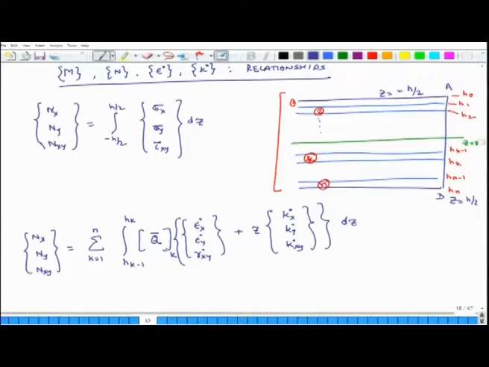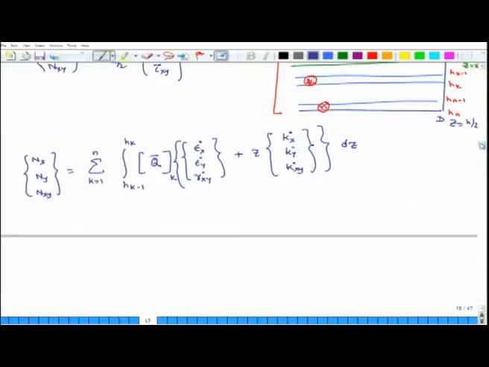And this subscript k indicates that this is for the kth layer, Q bar is for the kth layer. So, this is what I get, okay. And this entire integration is happening over this variable z, okay. Now, we know that epsilon x naught, epsilon y naught, gamma xy naught do not change with z, and kx, ky, kxy do not change with z. Also, within a layer, Q bar is constant, because I am integrating layer by layer. So, within a layer, the only thing involved in the integration is z, right.